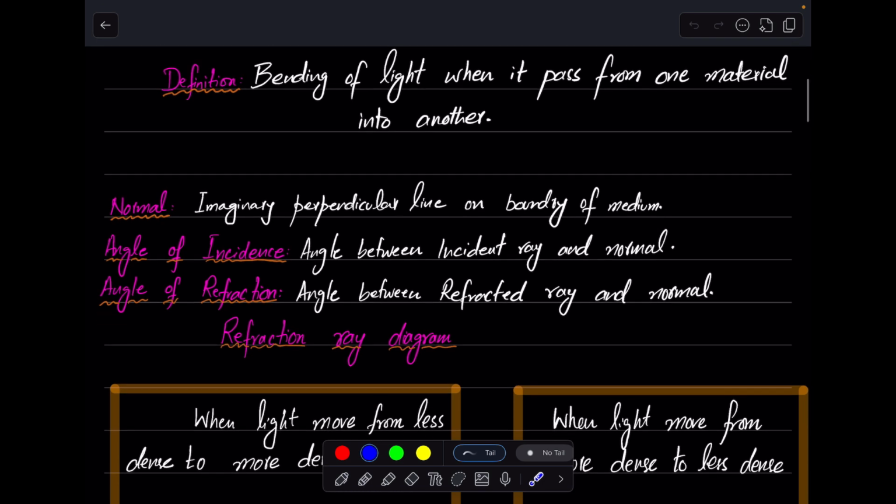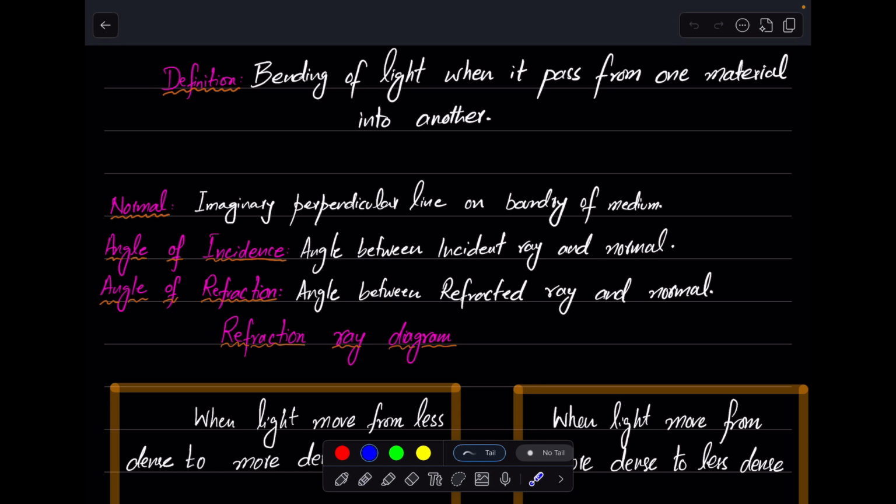What is reflection? Basically, when light moves from one medium to another medium, its direction will change, right? So that phenomenon is called reflection. So we can define it simply as the bending of light when it passes from one material or medium to another. Okay, it can be defined as the change in speed when it moves from one medium to another. It can also be said as a change of wavelength because the speed,